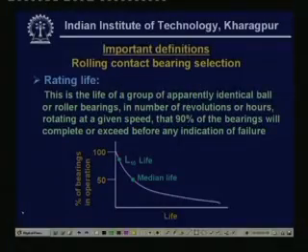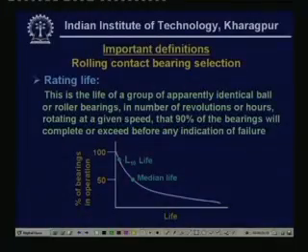So, once again to read it, this is the life of a group of apparently identical ball or roller bearings, in number of revolutions or hours, rotating at a given speed, that 90% of the bearings will complete or exceed before any indication of failure. So, here 90% of the bearings were perfectly all right. That is what we call L10 life. Obviously, this will be very small. If we see 50% of the bearings, then this is the median life, which will be much larger. Normally people go for L10 life in general, or median life etcetera are also quite common in